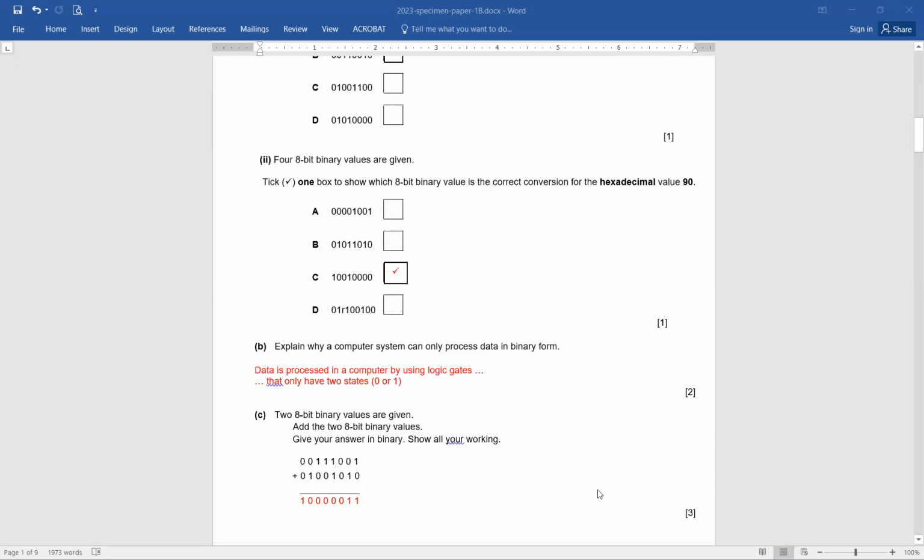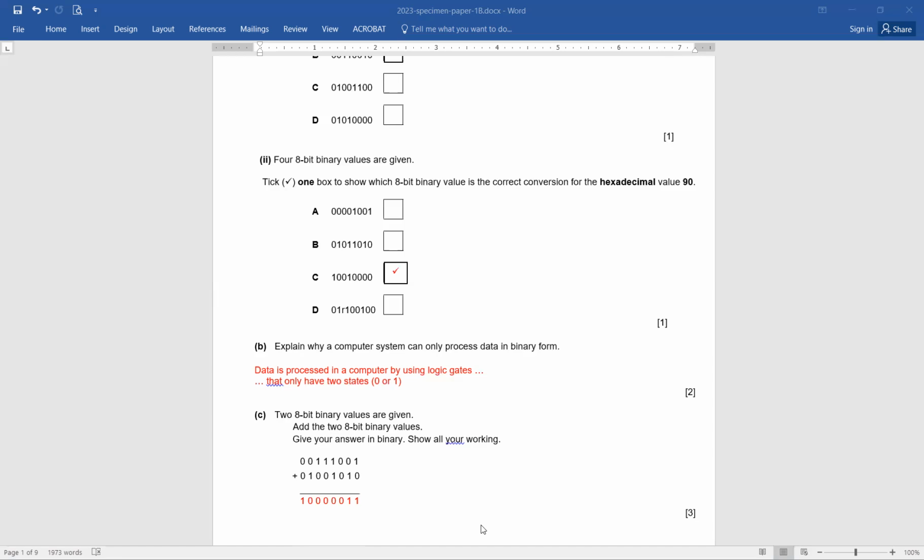Part C, 2 8-bit binary values are given to you, and you are supposed to add them. Again, very simple. You'll start from the left-hand side. You will, from the right-hand side, I'm sorry. You'll add up 1 and 0 is a 1, 0 plus 1 is a 1, 0 and 0 is a 0, 1 and 1 is a 0 with a carry of 1, 1 and 1 is a 0 with a carry of 1, 1 and 1 is a 0 with a carry of 1, again 1, 1 is a 0